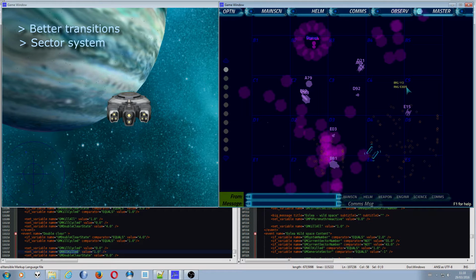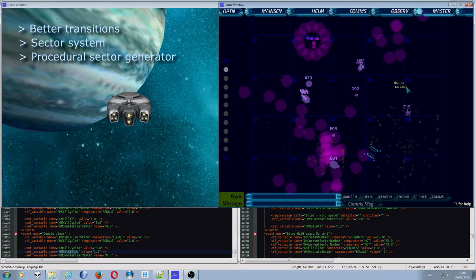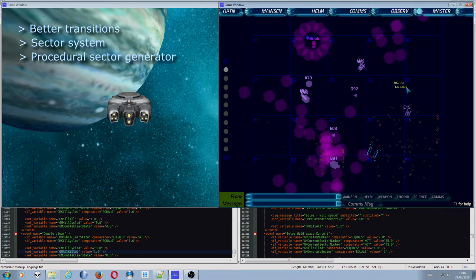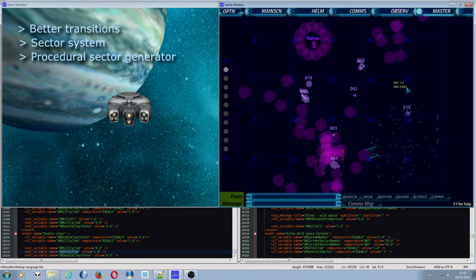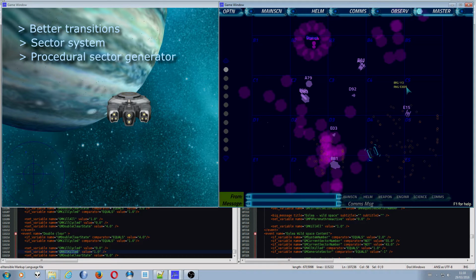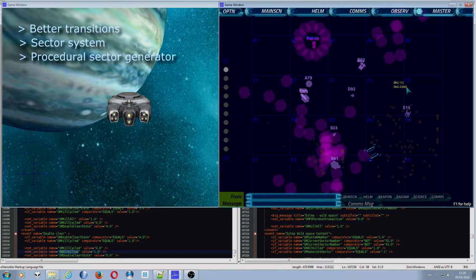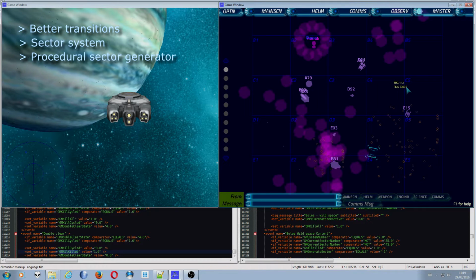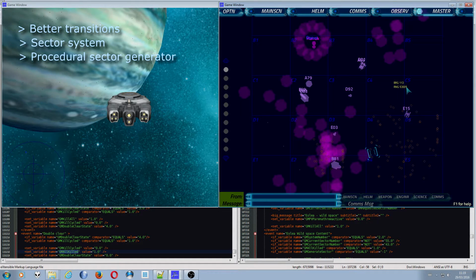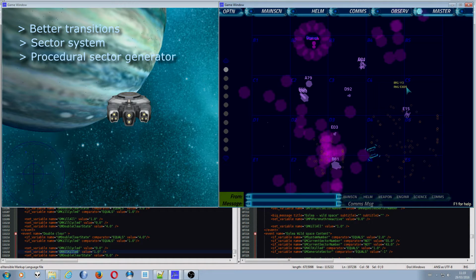On top of that, so you've got the transitions, we've got the new sector system, we have a sector generator. Previously random sector stuff was done by having a few different versions of what asteroids could look like in a sector, what nebulae could look like in a sector, and what stations and things would look like in a sector, and then just layering them on top of one another. So if you had 4 different versions of every aspect of the game, you would end up with many possibilities of combinations. I didn't think that was the best way to go about it,